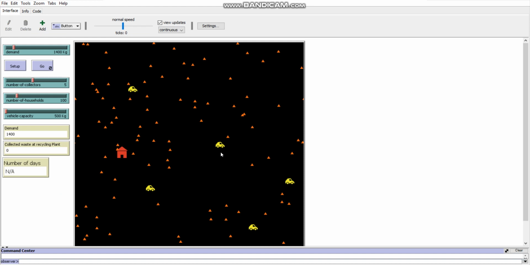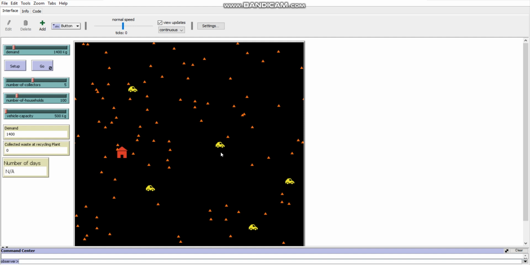Here, as I have mentioned earlier, this model represents how a certain recycling plant collects plastic waste by dispatching recovery vehicles or collectors, and by simulating, an observer is able to get the average time it will take for collectors to fulfill the demand. Hence, the observer can observe how long it will take to cater to the demand under varying household populations, number of collectors, and different vehicle capacities, and choose the most suitable combination of the earlier mentioned variables to collect waste in the shortest possible time period.